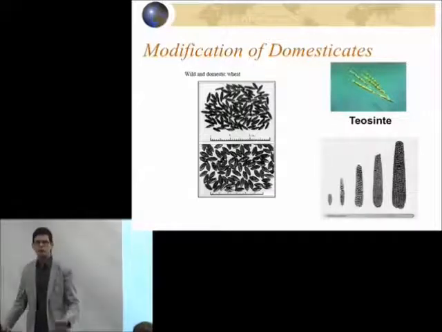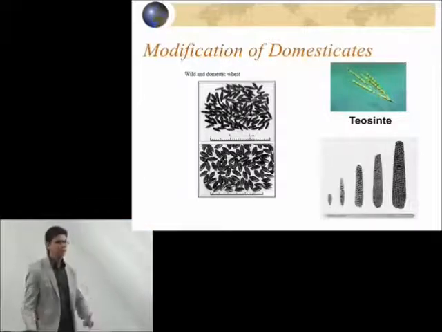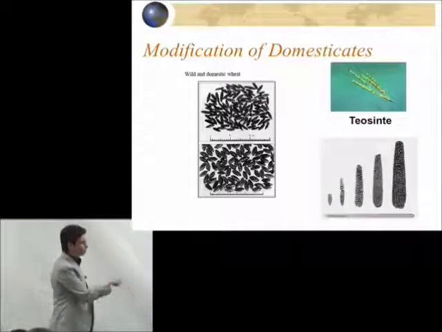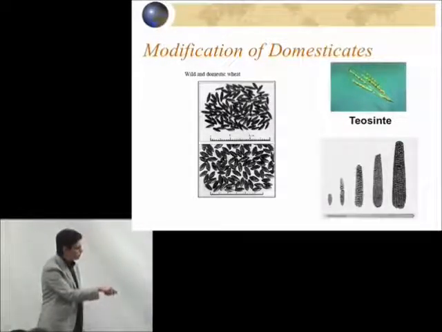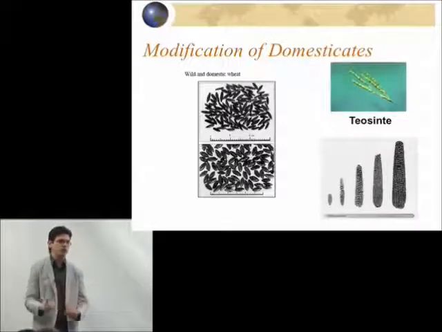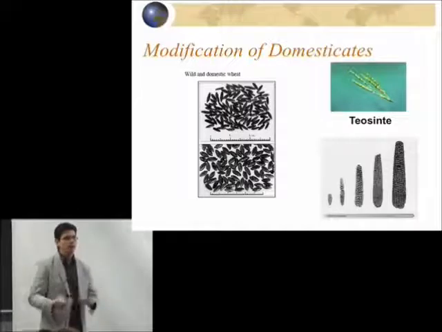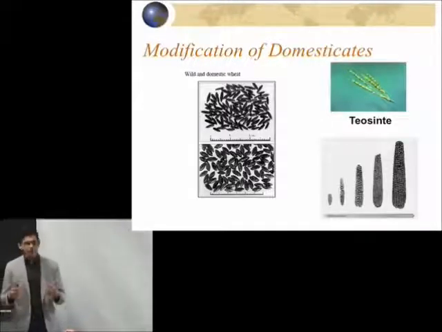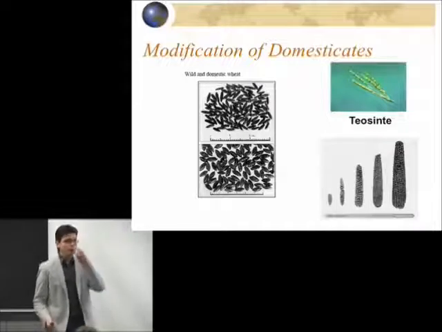That is not the result of random chance. That is the result of human beings saying, I like this one, I don't like this one, tossing that out, and farming ones that look like this, continuing a trend and doing that generation after generation after generation every single year, and making a plant which is really radically different. The same process can take place with animals as well.